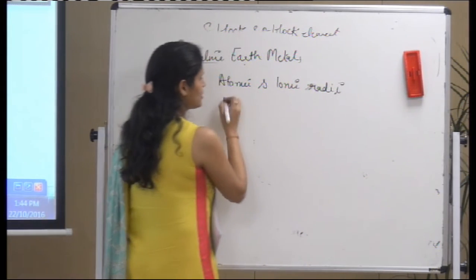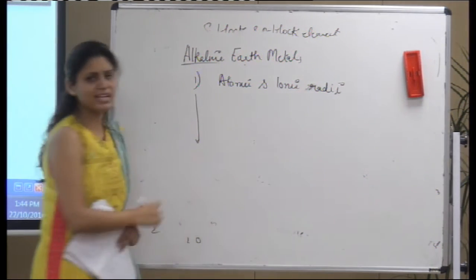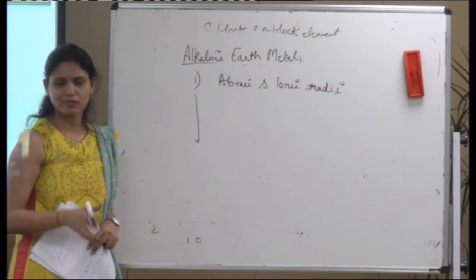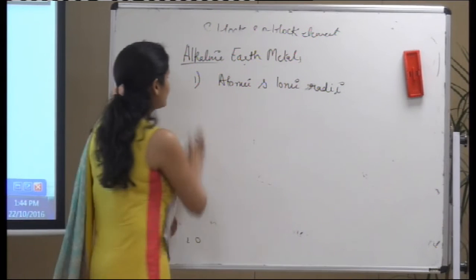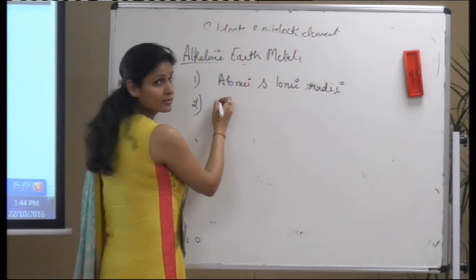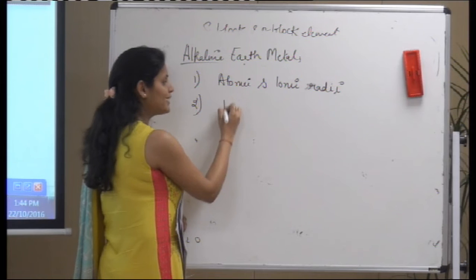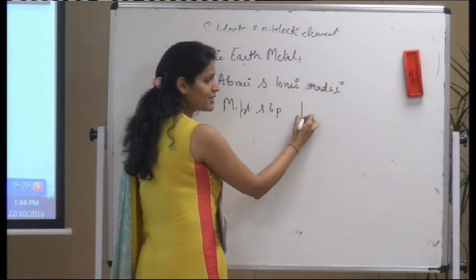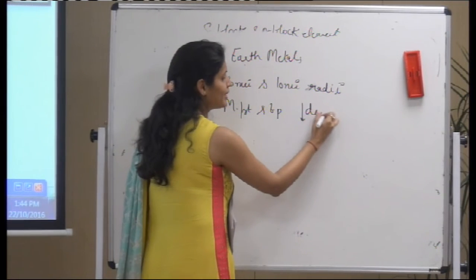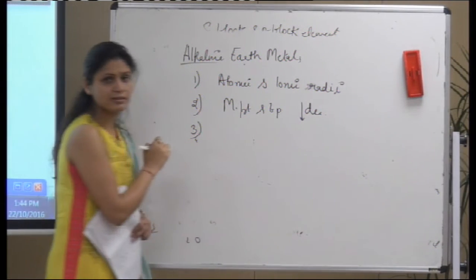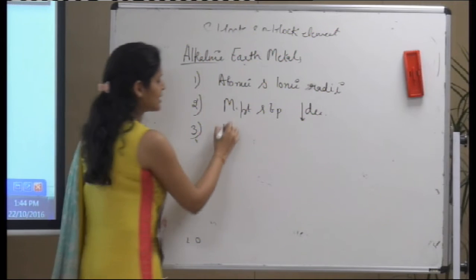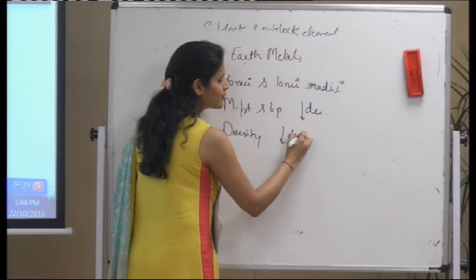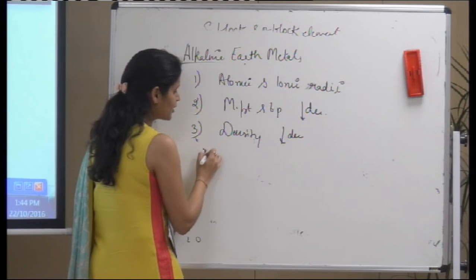Okay? So down the group, atomic radii should increase again because of the addition of an extra shell, right? The other property is melting point and boiling point. Again, it should decrease down the group, right? Third is density. Density should increase or decrease? Should decrease down the group. Then the other property was